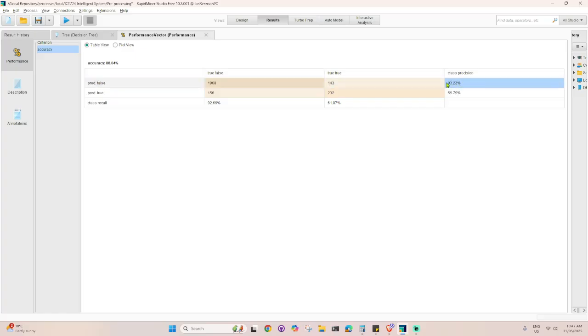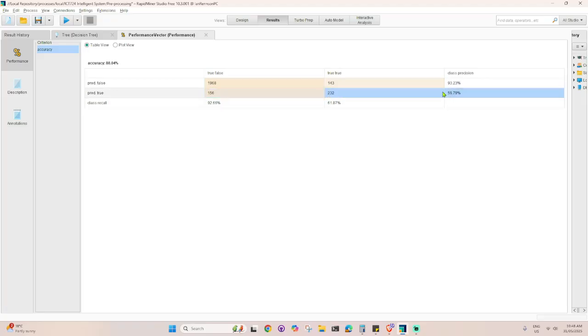So here it has a better precision, which is 93%, compared to the prediction of being true, which is wrong because it's actually false in this column. And then it predicted true, and it's actually true.